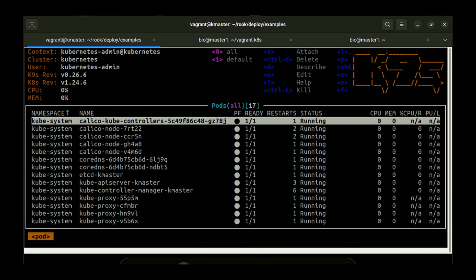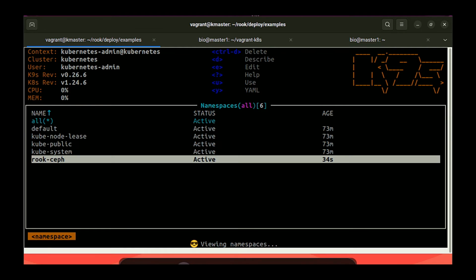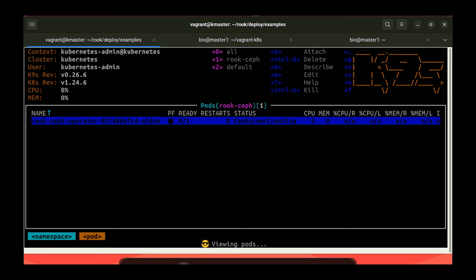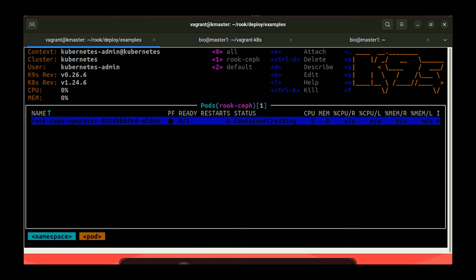You can see that in the K9s GUI tool. Check the namespace created called rook-ceph. In rook-ceph, one pod will be created. It's not clearly visible.